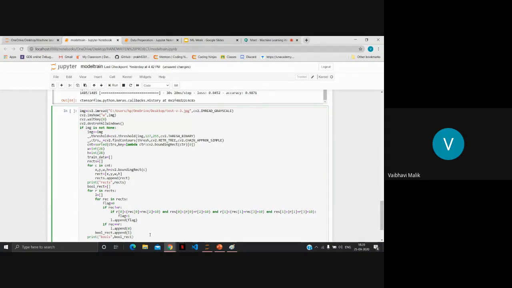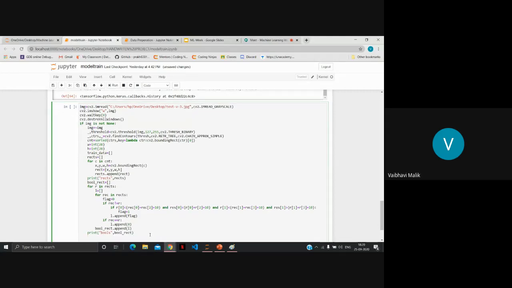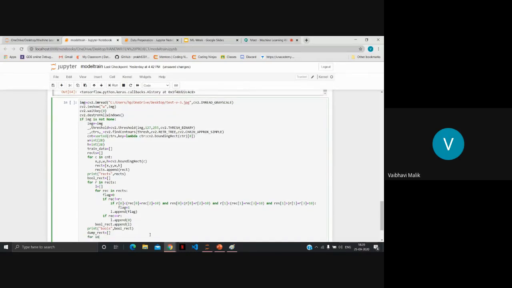We have found out which rectangles we don't want to use. Now it's time to dump those rectangles. So we will create the array of dump rectangles. For that, we will similarly use a loop till the number of contours we have.